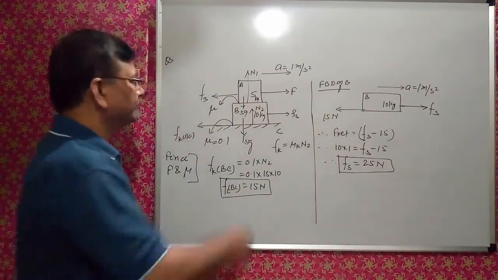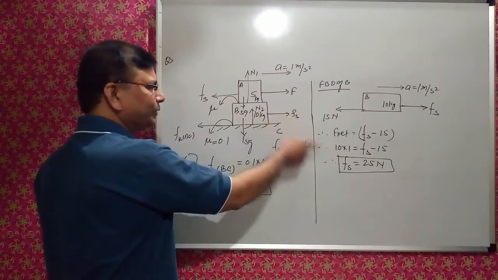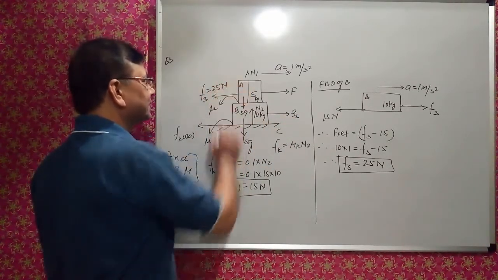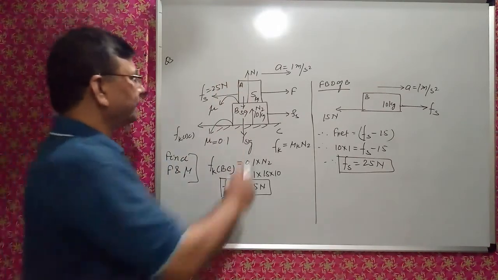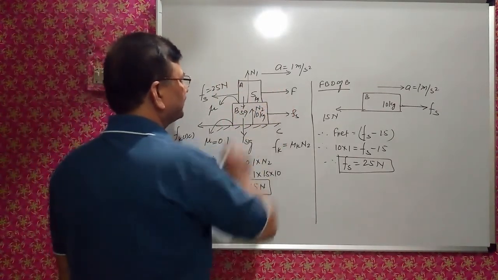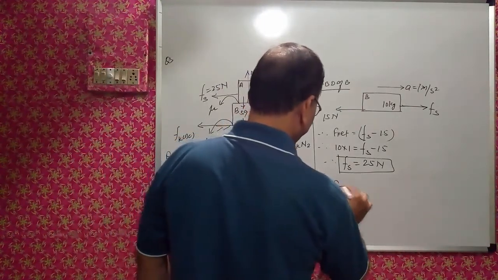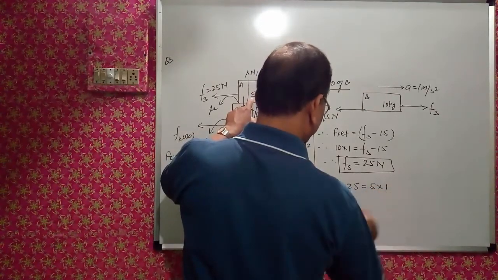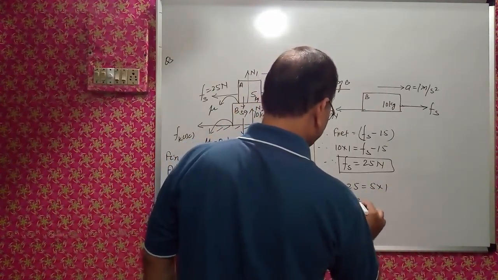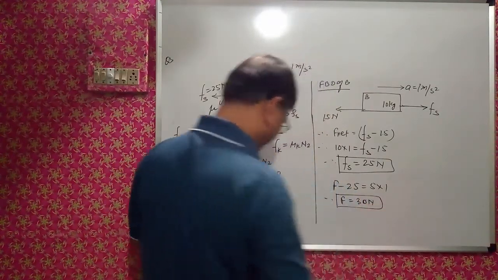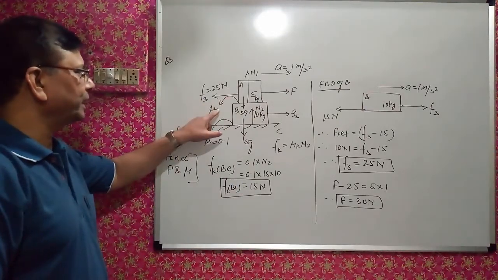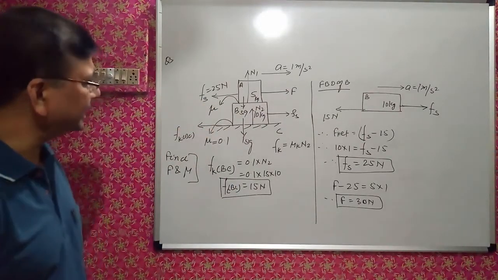Means ये Fs का वैल्यू है 25 न्यूटन, दिस इज ऑल्सो 25 न्यूटन इन दैट केस, राइट? सो व्हाट इज F? So F minus 25, that is equal to 5 into 1, that is F is equal to 30 Newton. F का वैल्यू मालूम हो गया, Fs का वैल्यू मालूम हो गया, तो कोएफिशिएंट ऑफ फ्रिक्शन निकाल सकते हैं।